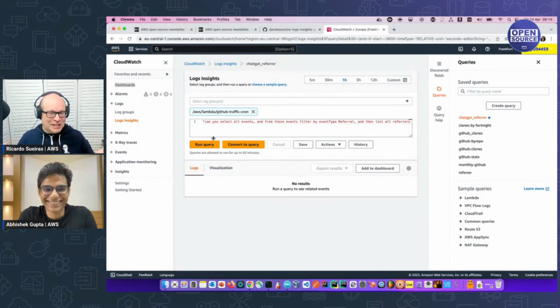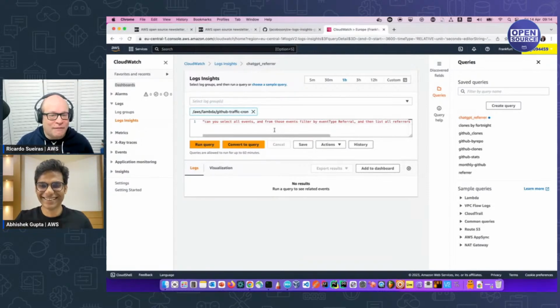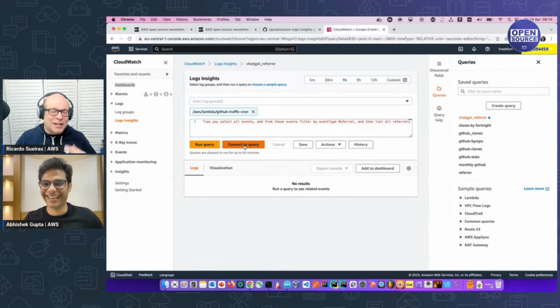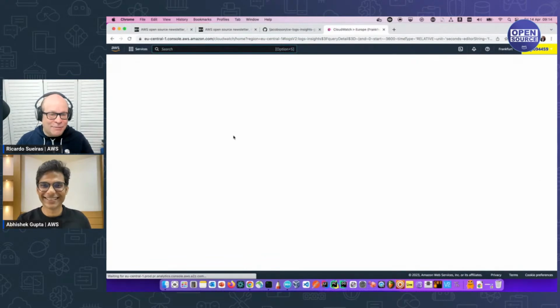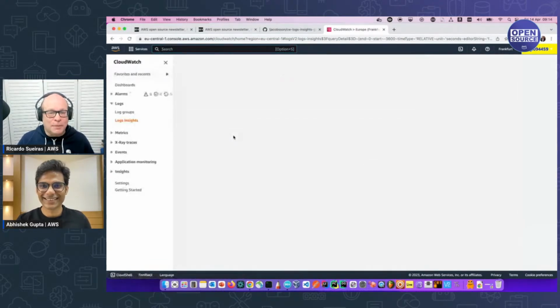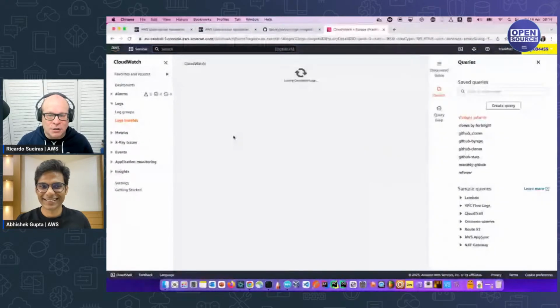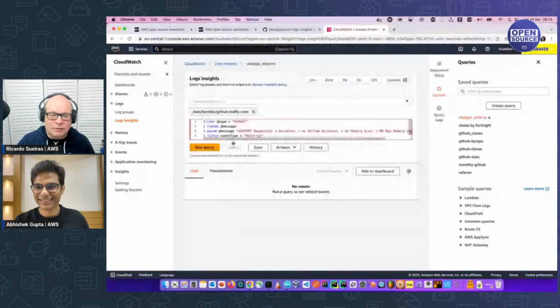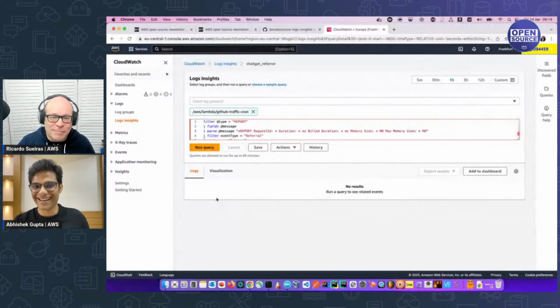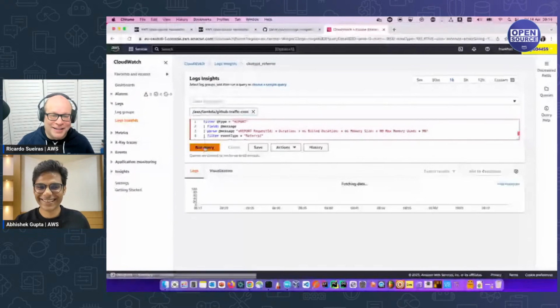Which we know ChatGPT does, right? So as long as you give it enough things like, for example, event type, which is something obviously in CloudWatch, and some of the key fields you're capturing, then if I click on Convert to Query, I'm hoping this is going to work because it worked yesterday. So it's now going to think about it. It's using ChatGPT, so I'm using my OpenAI account to do this, and it's created something. Not sure if this actually looks good, but let's try it.